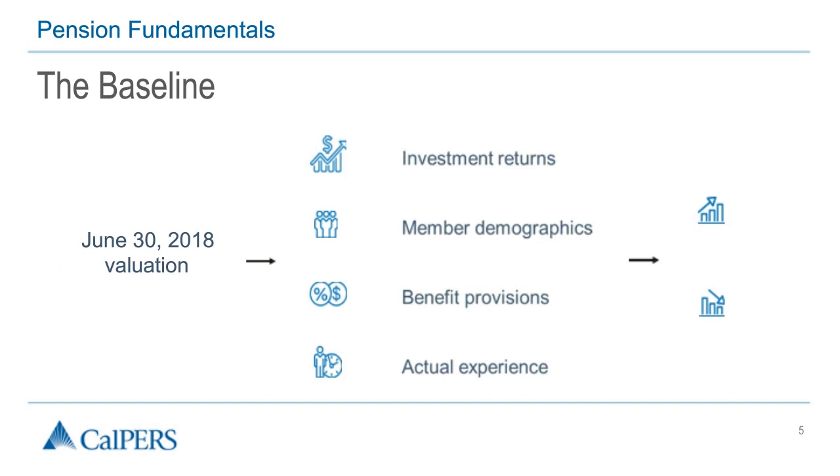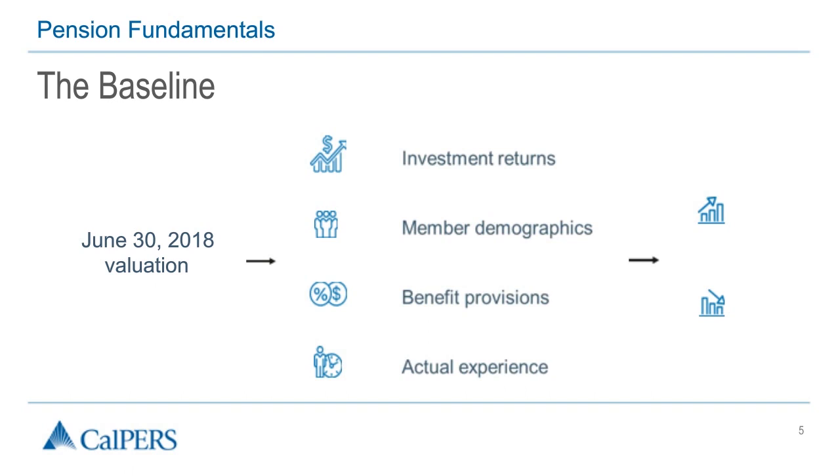The second key fundamental is what we call the baseline. This represents the projection of the funded status and the required employer contribution rates as we move beyond the valuation date. So Pension Outlook takes the information for each plan at the most recent valuation date and then projects the funded status and employer rates going forward using the following: assumed investment returns, which are currently at 7% per year, the member demographics of your plan, reflecting benefit payments to your retired plan members, and accruals of benefits to your